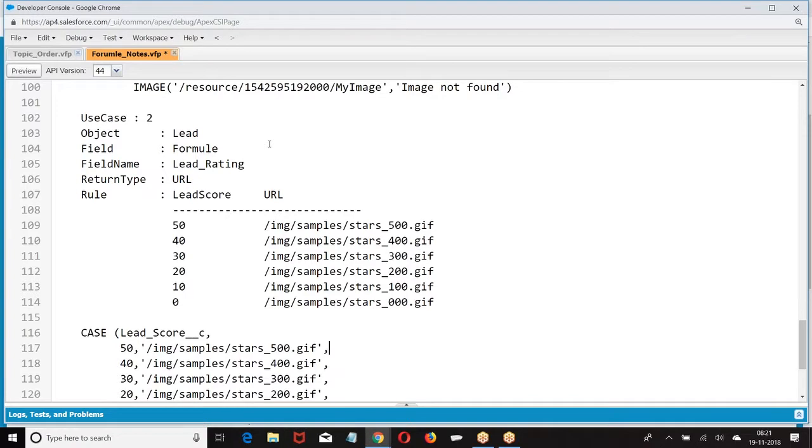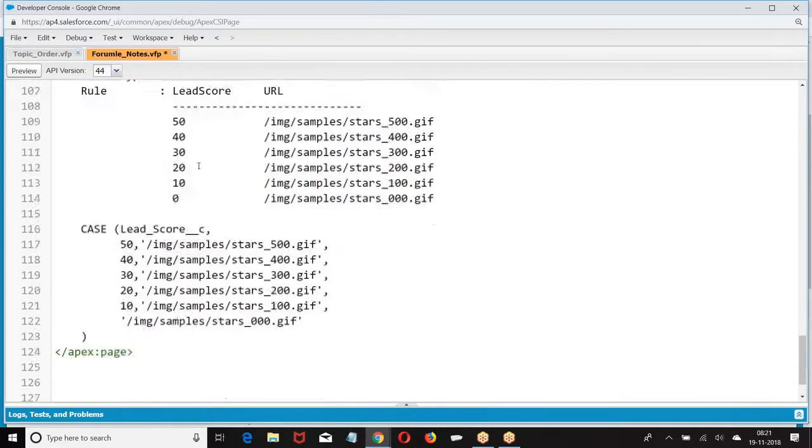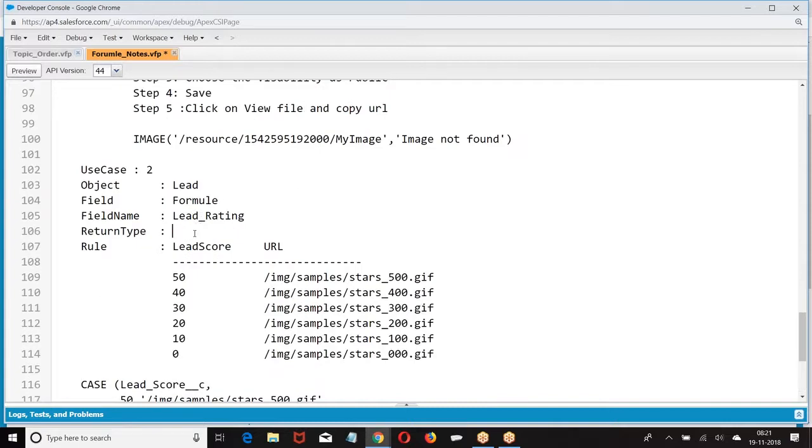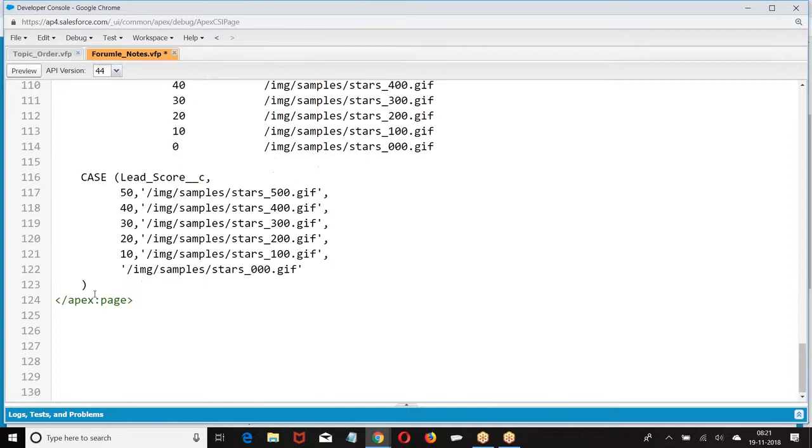Based on my condition, I am getting a value like 40 or 50 or 30 or 40. Now, based on the score we received, give the images. Boss, if it is 50, give me that URL. 40, 4-star, 20, 2-star. I give a condition here. Right. So once we got this, what do you want to give? Third use case. What was the third use case? Print the image.